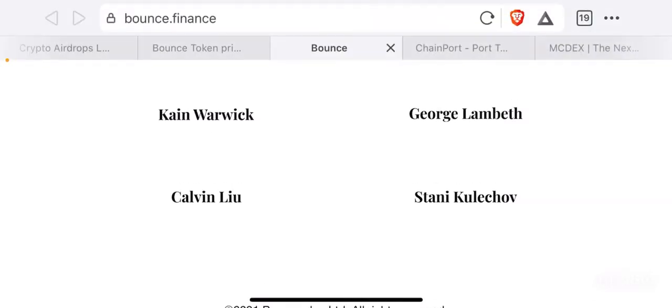Stany Kuleshov is also the founder of Aave, which is one of the largest and the most popular DeFi lending and borrowing platform on Ethereum, but it's also available on Polygon and also recently in Avalanche as well. And Calvin Liu is one of the main founders of the Bounce Finance platform, and the other two members I'm not really sure of, but they're also playing an important role in the Bounce Finance ecosystem, right?